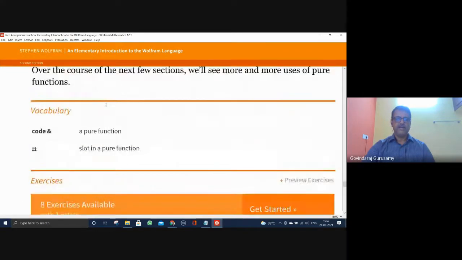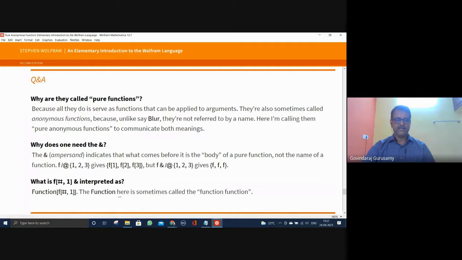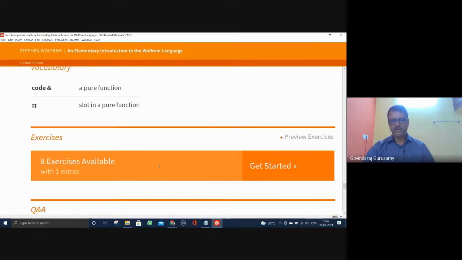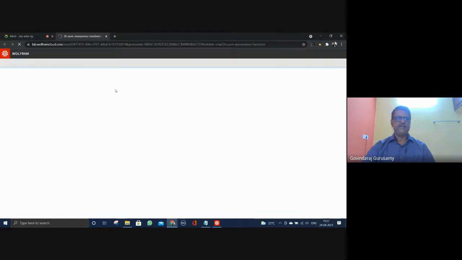Exercises will be there, and you have questions and answers. Read them, spend your time a little carefully. It's possible for you to understand more about it. Then practice these exercises. That is important. It's available there. I believe when the course gets started, it goes to the laboratory of the Wolfram Cloud.